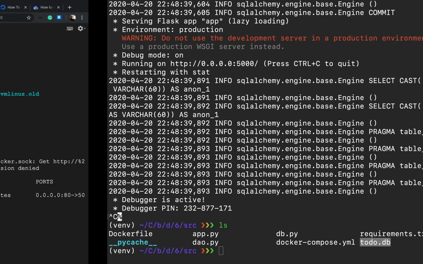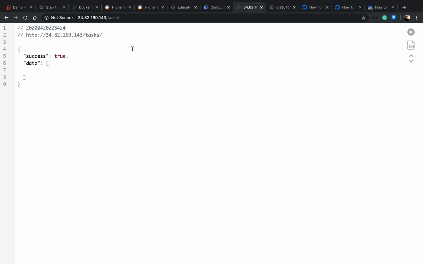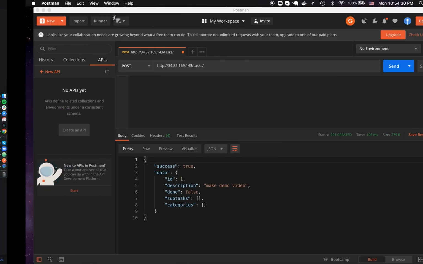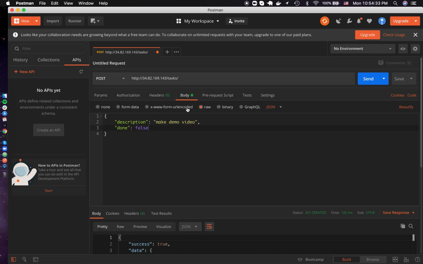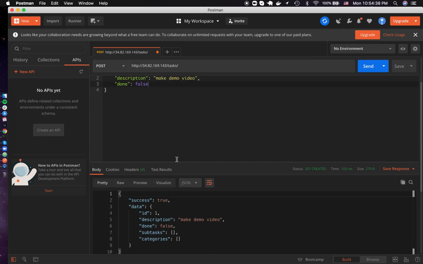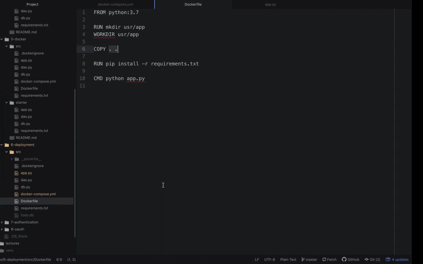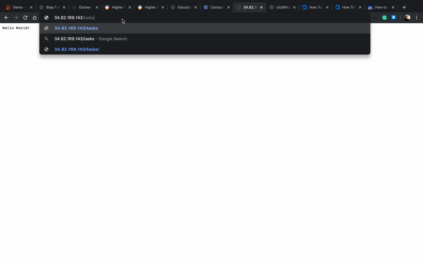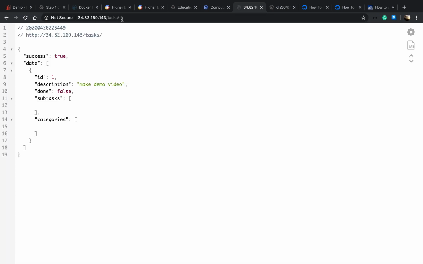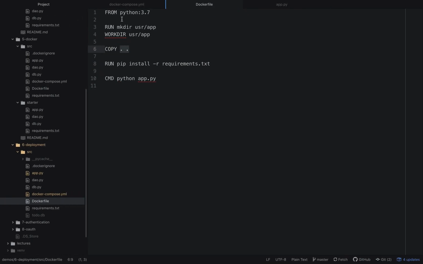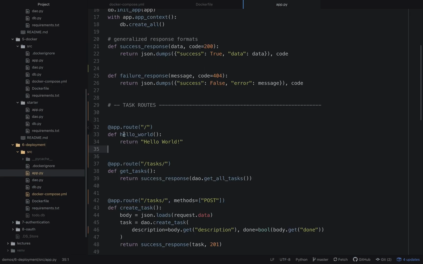Cool. So now if we go back to our instance, no tasks, empty DB, base path still is the hello world. So now let's make a post request to create a new task as we did before. IP, tasks, body, cool. So now we have a new task. Tasks, cool. So now if we restart this process from the ground up, say we want to change this to